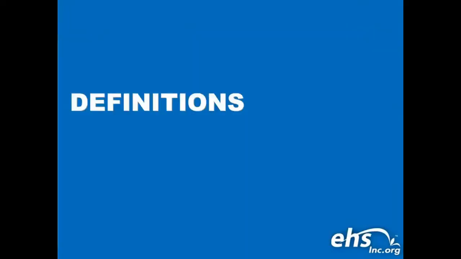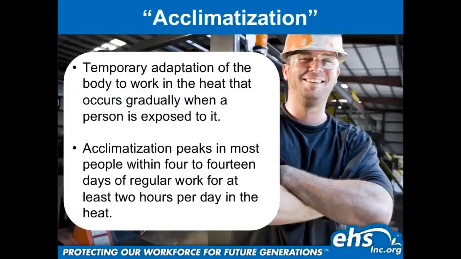Some basic definitions for the indoor heat prevention. A lot of this runs pretty parallel to what is already currently situated for outdoor heat illness. Acclimatization: temporary adaptation of the body to work in the heat that occurs gradually when a person is exposed to it. Acclimatization peaks in most people within 4 to 14 days of regular work for at least 2 hours per